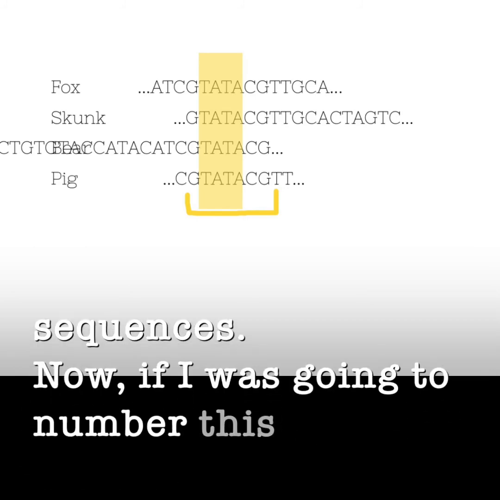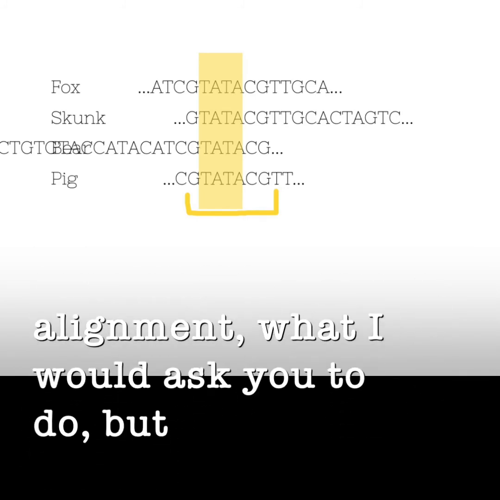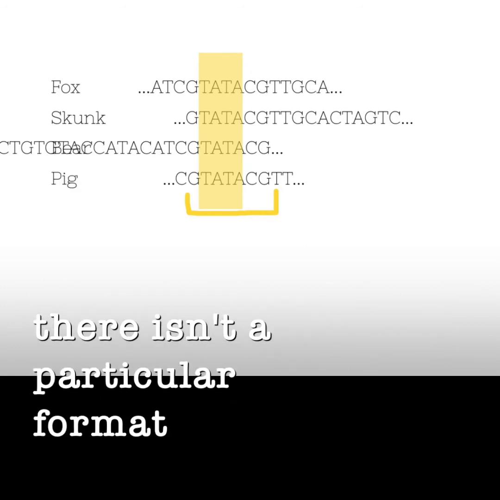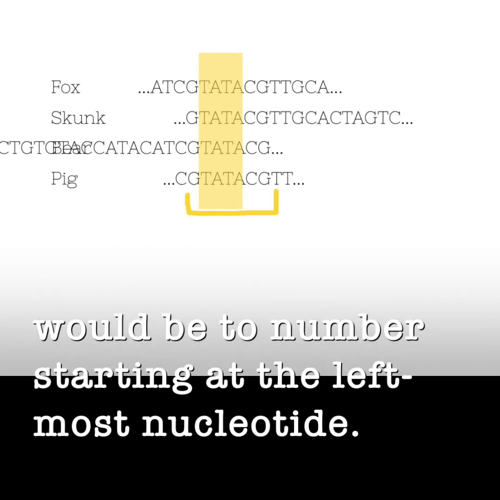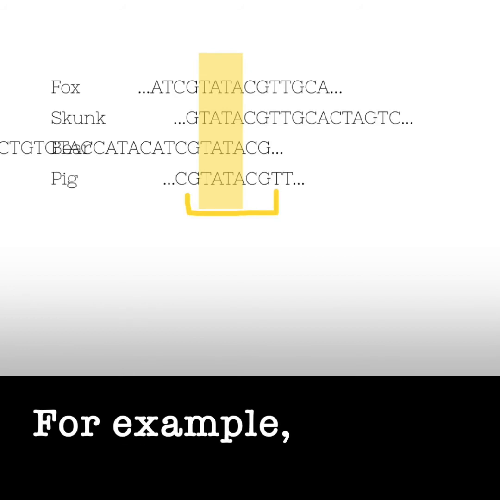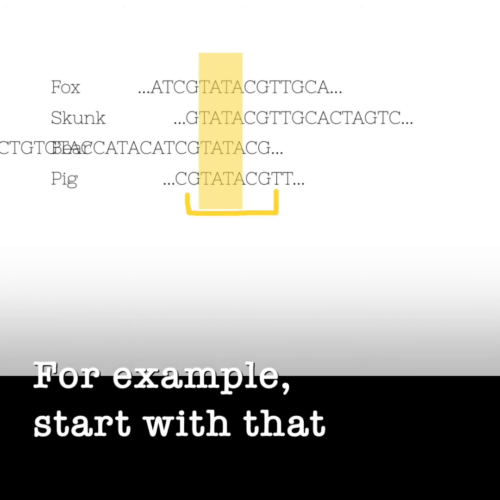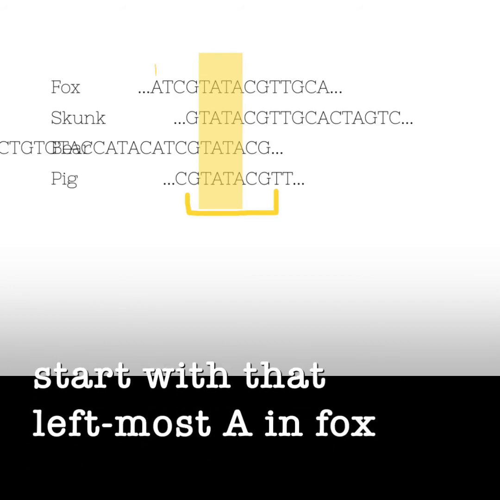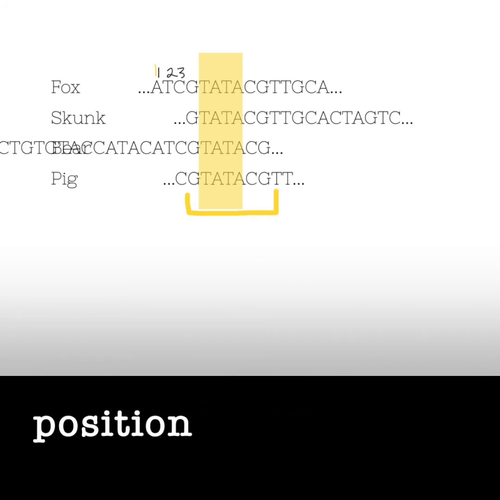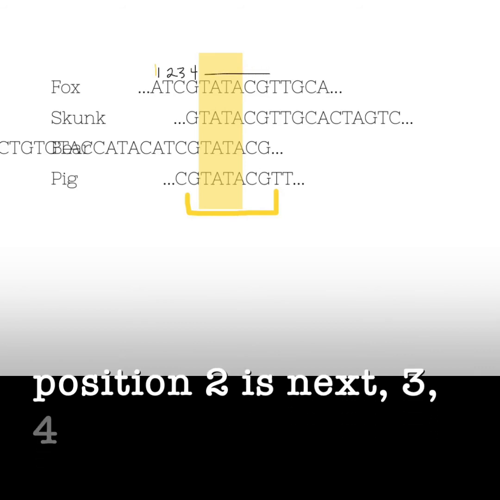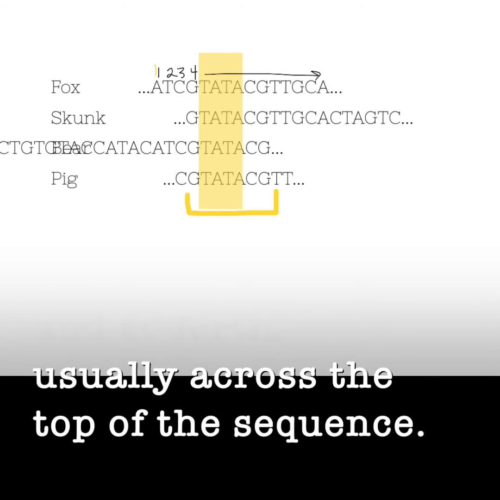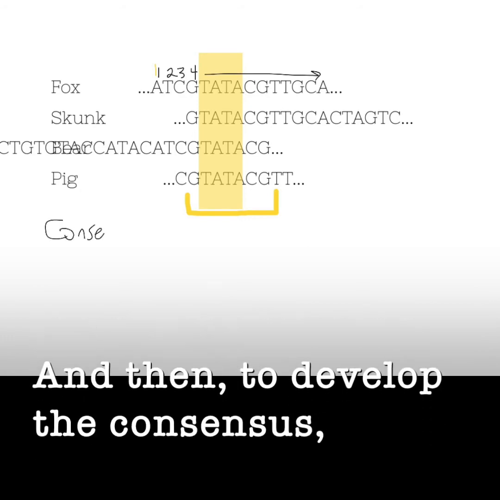Now, if I was going to number this alignment, what I'd ask you to do, although this is not something you have to do, there isn't a particular format for this, would be to number starting at the leftmost nucleotide. For example, we would start with the leftmost A in Fox being position 1. We do that in black. Position 2 is next, 3, 4, and so forth, usually across the top of the sequence. And then to develop the consensus,